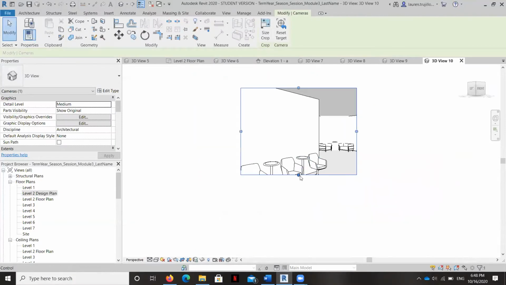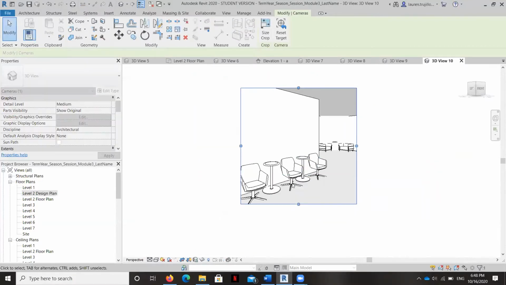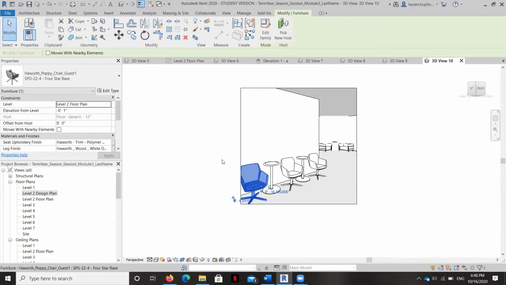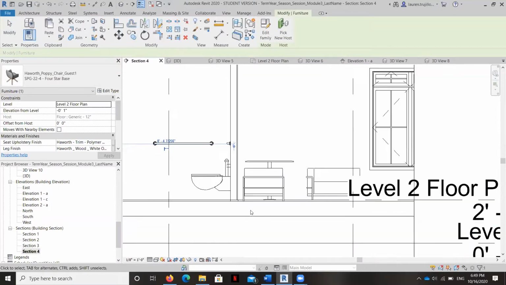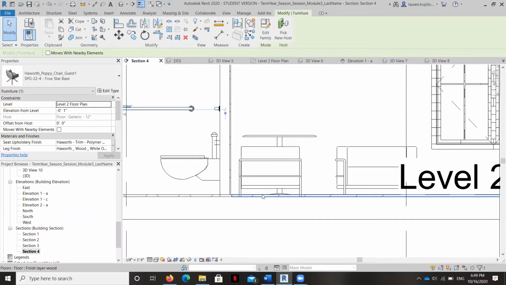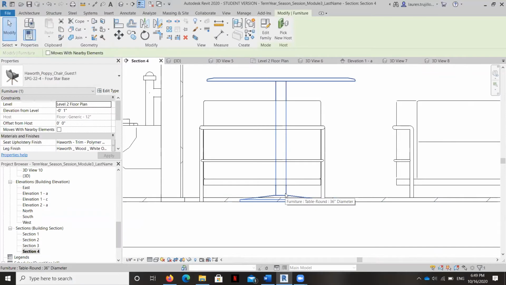And you can see, if you stretch this view out just a little bit, the bases of the chairs are stuck into the floor. And that's because these chairs, it says elevation from level is -1. And of course, we know if we look at a section view that we've got flooring here that is raised 1 inch above the subfloor to create that flooring finish layer. And you can see all the furniture stuck in that layer because the furniture is hosted by this flooring layer.